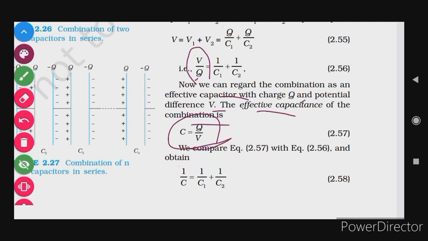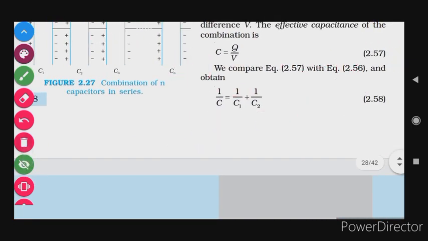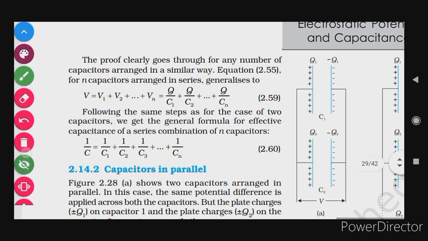So this will be 1 upon C, because C is Q upon V. So you see the effective capacitance is 1 upon C is equal to 1 upon C1 plus 1 upon C2. We can get this for n number of capacitors. If they are combined in series, then what will happen? The effective capacitance will be 1 upon C1 plus 1 upon C2 plus 1 upon C3,